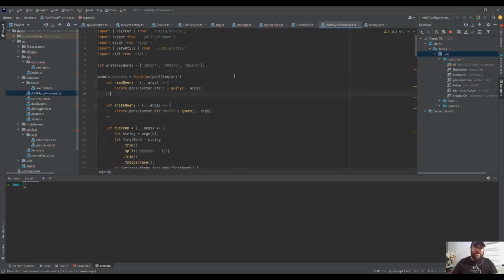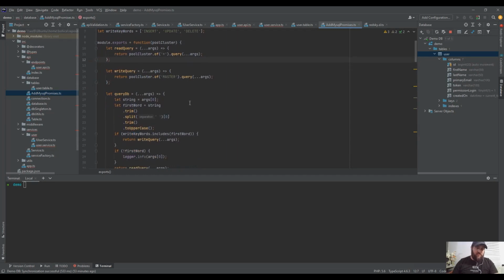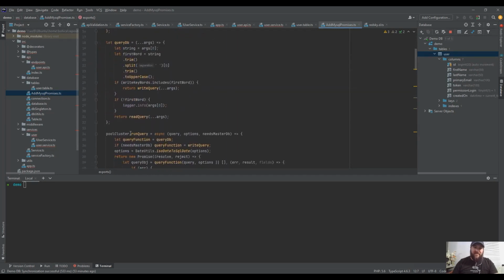Just some things to point out is the MySQL promises. This wraps the MySQL query command with our run query, our query one. The distinction is query one will throw an error if you do not get a single row back, and it expects only a single row. So if you get more than one row, it's going to throw an error. If you get less than one row, it will throw an error. Run query is the exact same thing as query. It just wraps query in a promise so you can use the lovely async await on a database query. Connection, you shouldn't have to mess with too many of these,